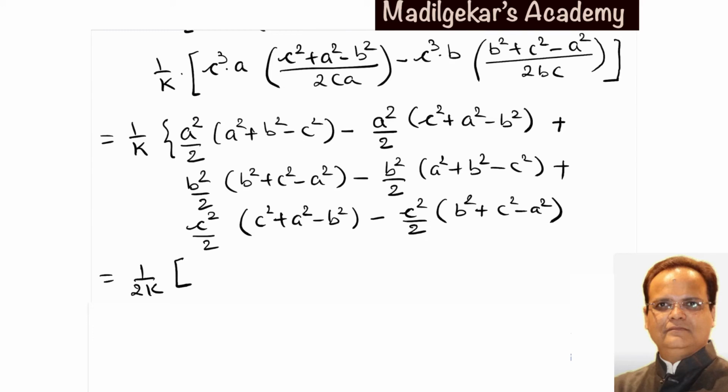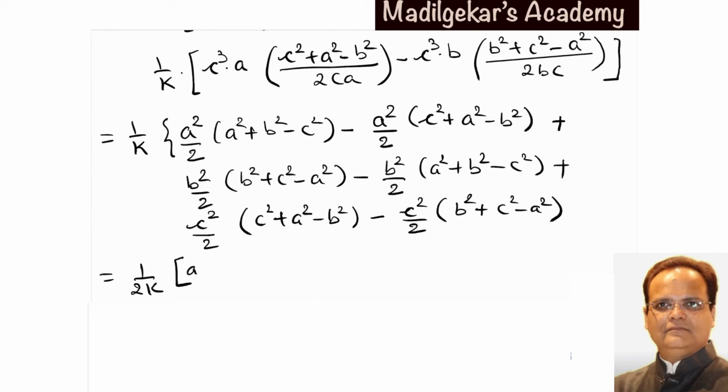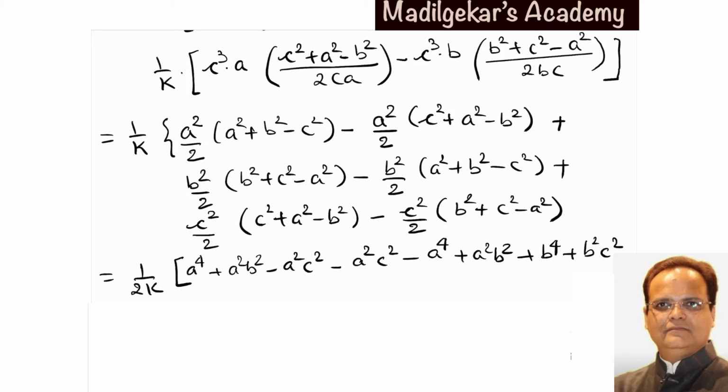We get a raised to 4 plus a square b square minus a square c square, again a square c square minus a raised to 4 plus a square b square plus b raised to 4 plus b square c square minus